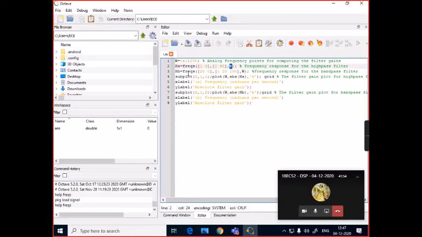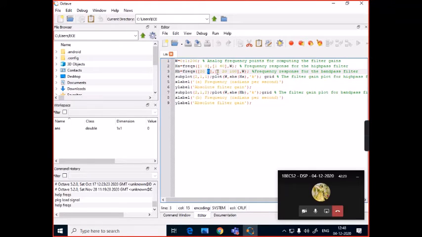Likewise, we'll calculate the frequency response of the band pass filter as well. The transfer function of the band pass filter was 20s divided by s square plus 20s plus 100 square. So 20 is the coefficient of s, and we do not have any constant term, so it is 0.